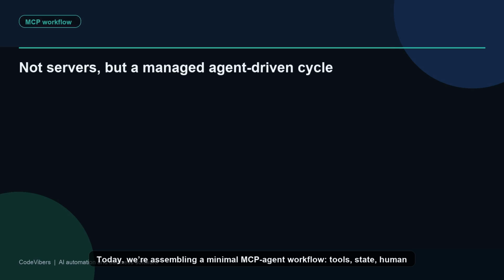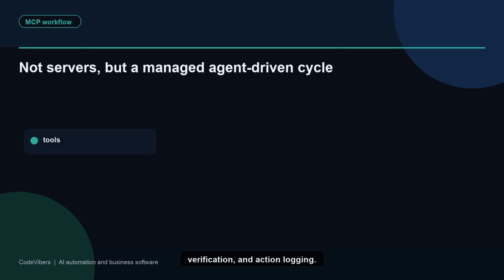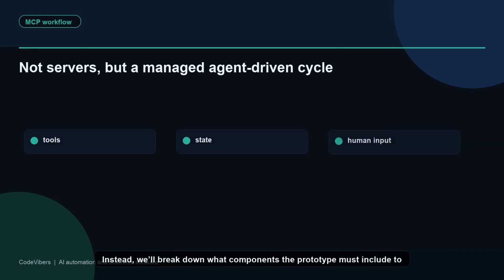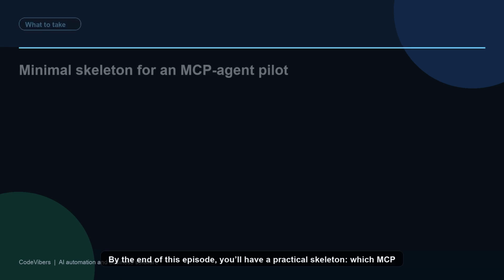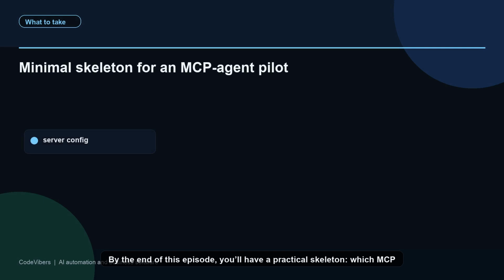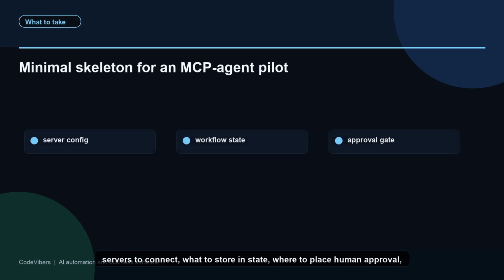Today we're assembling a minimal MCP agent workflow. Tools, state, human verification, and action logging. We won't discuss MCP at all. Instead, we'll break down what components the prototype must include to make it testable, not just something you run and hope for the best. By the end of this episode, you'll have a practical skeleton: which MCP servers to connect, what to store in state, where to place human approval, what to log, and which eval checks to run before